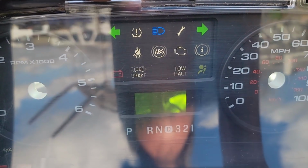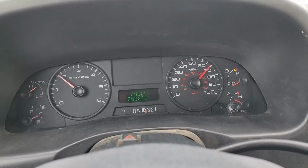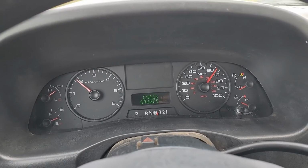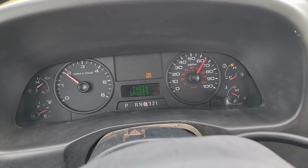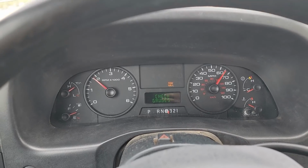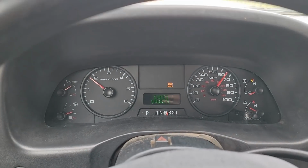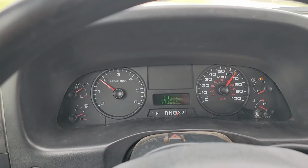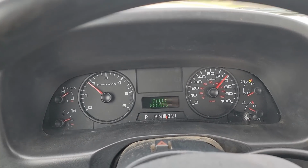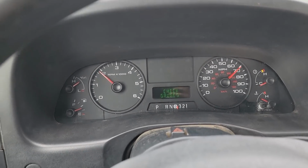It's pretty crappy. Well, we are on the highway. As you can see, the transmission temperature gauge is not working again, and the tow and haul light's flashing. And the check gauges light's on, but no check engine light. So we are taking this back to the people that we bought it from, and we're going to express our displeasure, I guess that's a nice way to say it. And we're going to see if they're going to do the right thing, or if they say no and I have to nudge them and maybe remind them of how